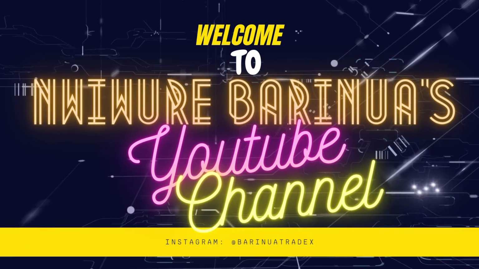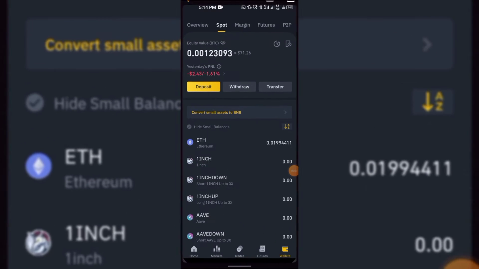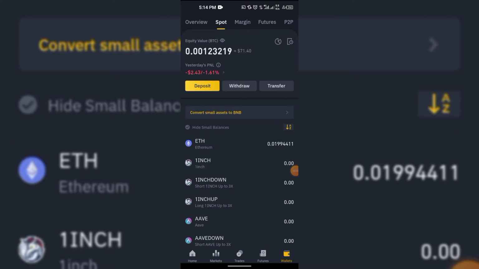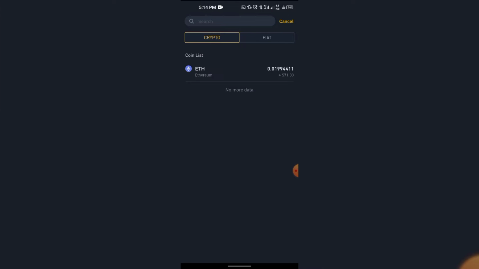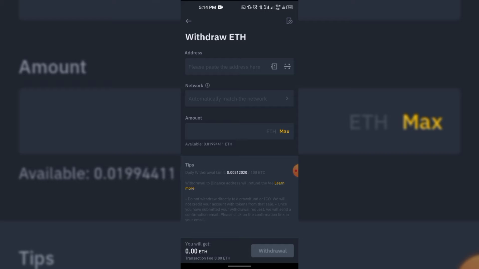So I have $71 worth of Ethereum here, and I've already copied the Ethereum address of my MetaMask that I want to send to. My MetaMask, when I opened it, is on the Ethereum network, so it's not on the Smart Chain network. So this is going to the Ethereum network. That's why you see me fixing the